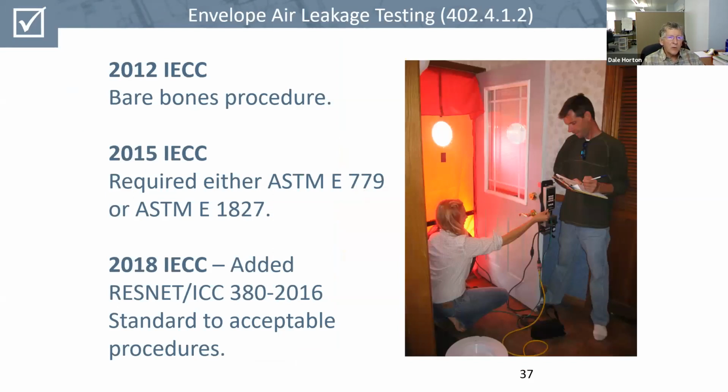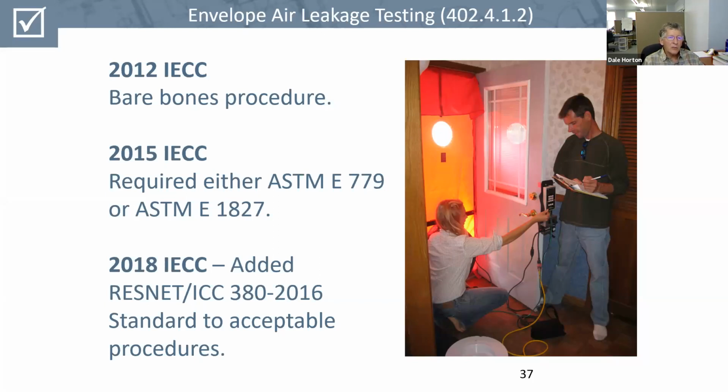So the IECC requires that the building envelopes be tested. It's mandated in the 2012, and of course that's been maintained since. The 2012 provides almost no information, or at least very little information, about how to conduct an envelope air leakage test. The IECC 2015 version added a couple of standards that provided more detail on how you're to do a blower door test. And then the 2018 IECC added yet another standard, the ICC Resonant Standard 380, that not